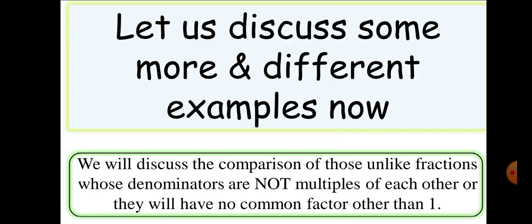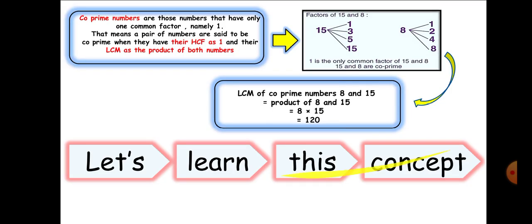Now we're going to discuss the comparison of unlike fractions whose denominators are not multiples of each other, or have no common factor other than 1. First of all, let's discuss co-prime numbers. Co-prime numbers are those numbers that have only one common factor, that is 1. A pair of numbers is said to be co-prime when their HCF is 1,